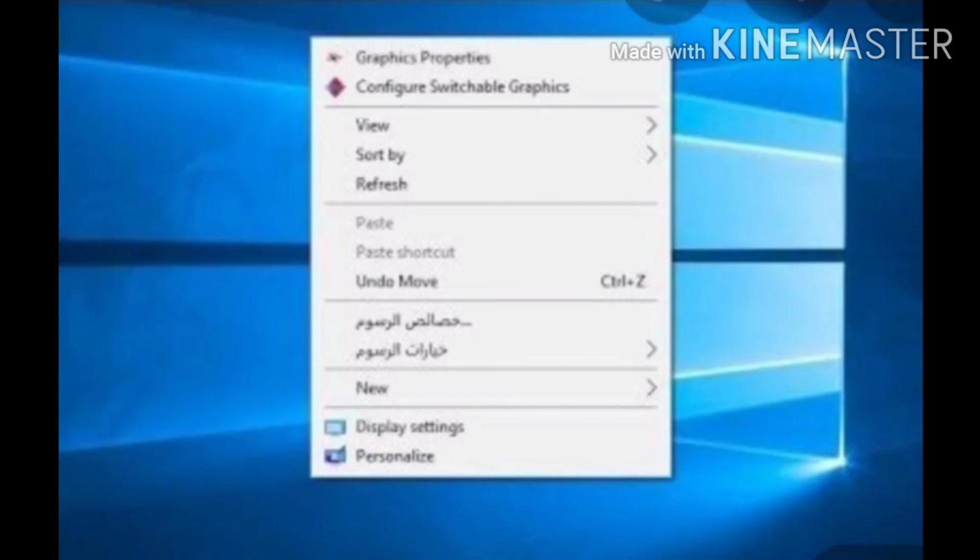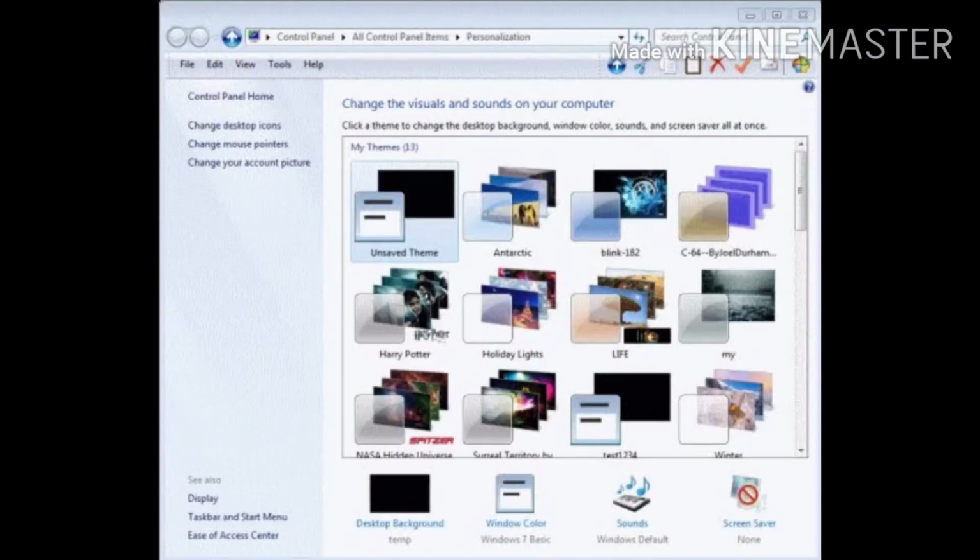When you perform the right click on the computer, this type of option will come with the personalize option at the bottom. When you click on the personalization option, this personalization window will be shown to you. If you see carefully, at the extreme right side down, there is an option screensaver with a red color label on it. So you have to click on that.